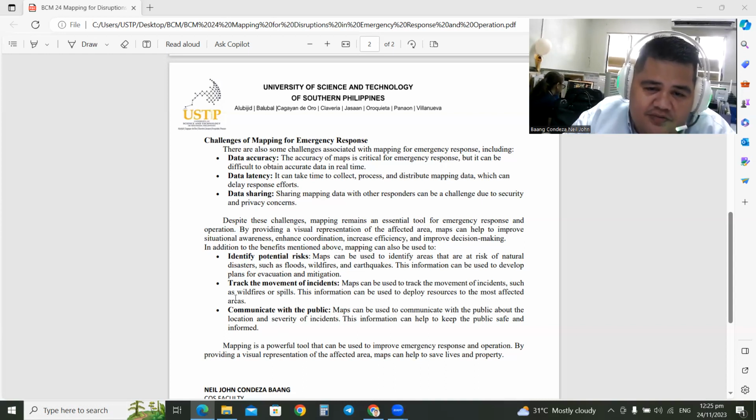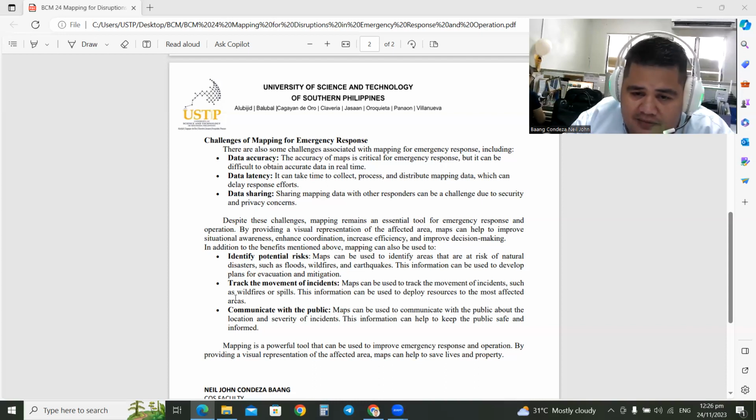So despite these challenges, mapping remains an essential tool for emergency response and operation by providing a visual representation of the affected areas. Maps can help to improve situation awareness, enhance coordination, increase efficiency, and also improve decision making. In addition to the benefits mentioned a while ago, dapat yung idugang number one, you identify the